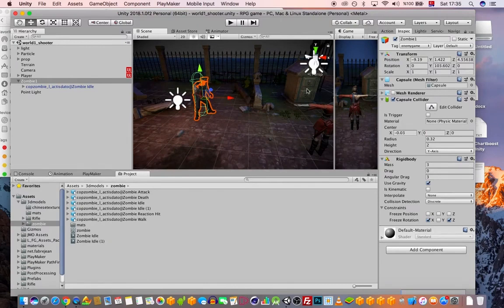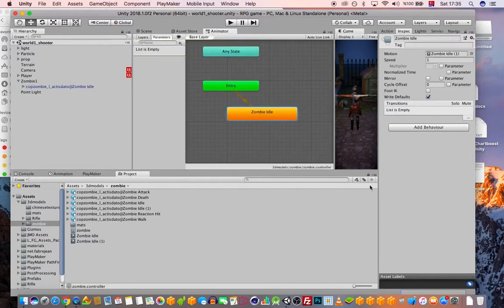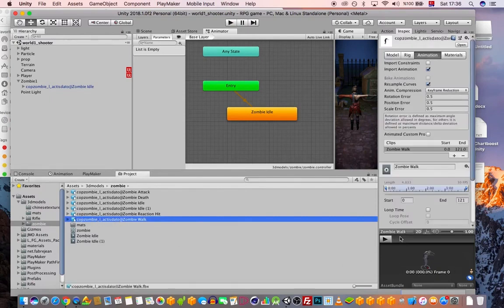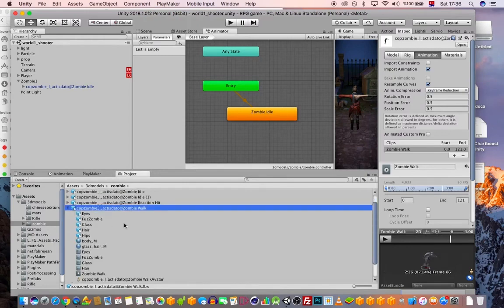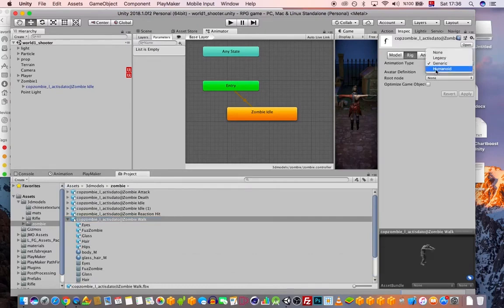First of all, I want to change the animation of my zombie. I want this animation to not be standing still, but to be a zombie walk. So he will always follow us, wherever we go. So first, still make this humanoid. All right,